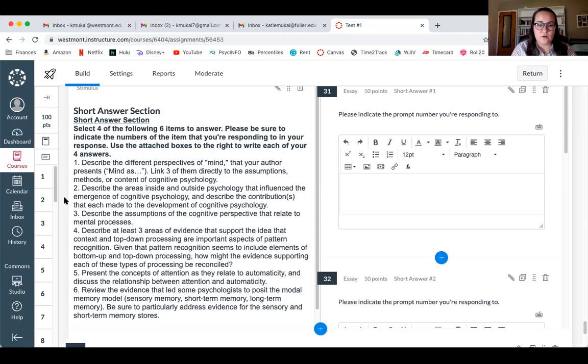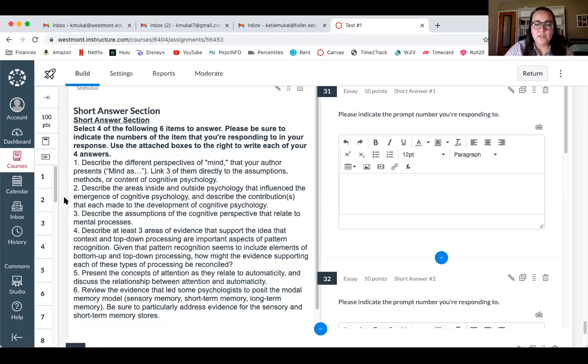For number 4, in terms of three areas that support top-down processing, you also had a lot of options here. You could have talked about Gestalt psychology and some of its associated factors like figure-ground relationship, for example. You could have thrown out the word superiority effect or configural superiority effect. Could have talked about shape constancy as another piece of evidence. You could have talked about specific experiments like the gorilla basketball study.